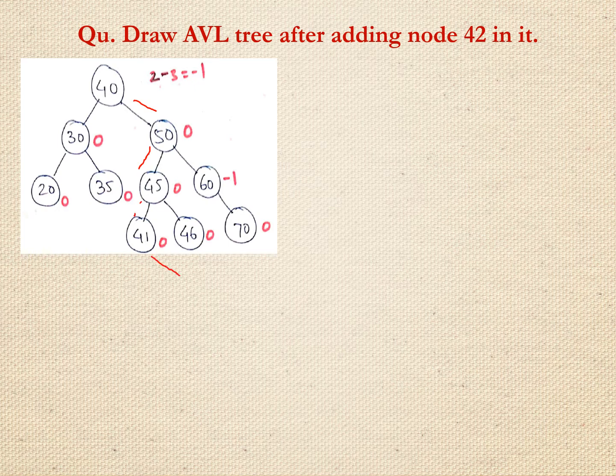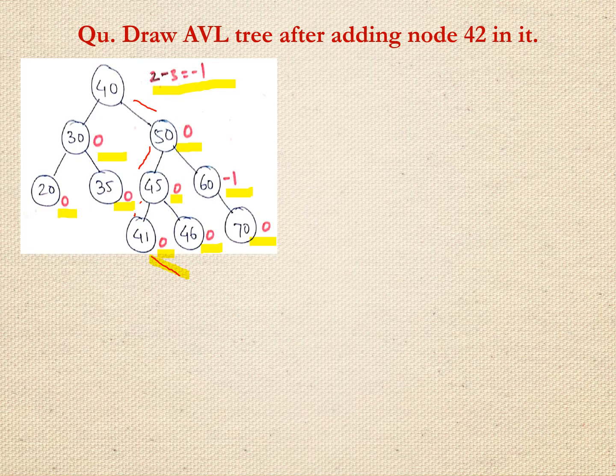Before adding this, we have to verify the different balance factors also. So we have verified here different balance factors. So it is already checked out. It is 0 for the leaf nodes always, and then here it is 1 minus 1 0, it is 0 minus 1 minus 1, then it is 1 minus 1 0, here it is 2 minus 2 0, and here it is 2 minus 3 minus 1. Means previously this whole tree was balanced, now we are adding node 42 here. So now this will be added on the right side of your node 41.